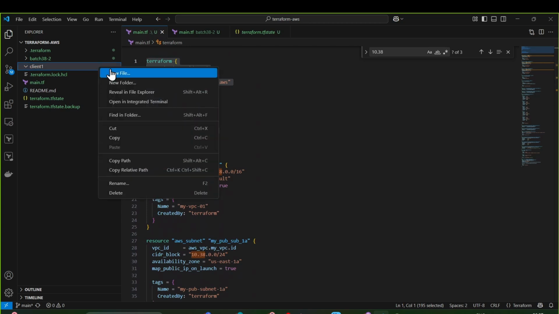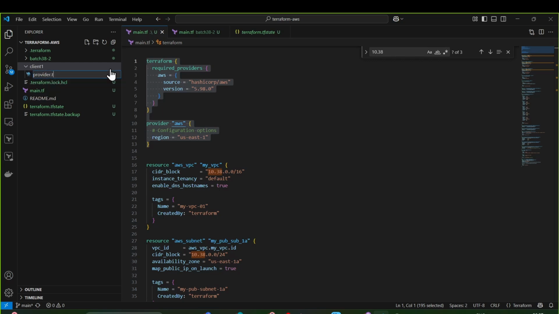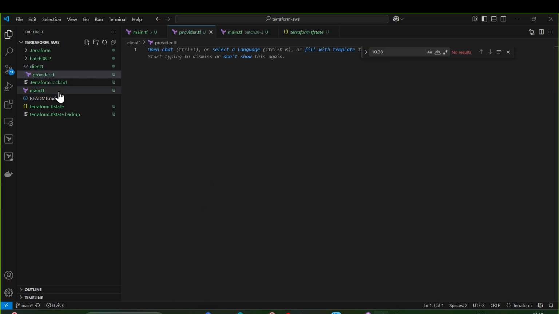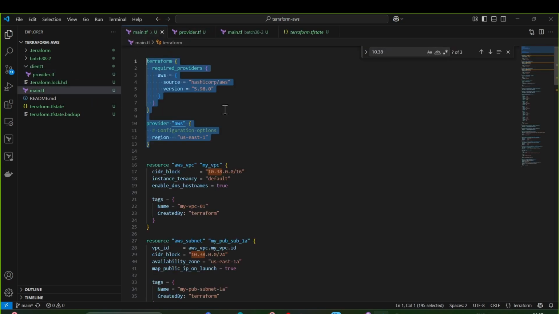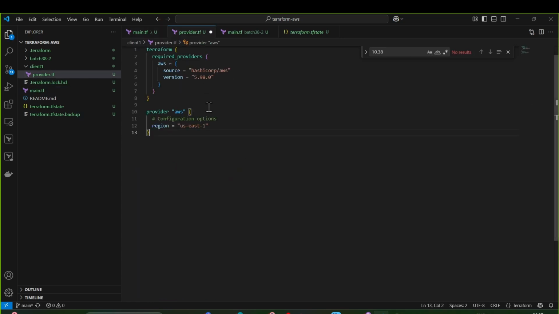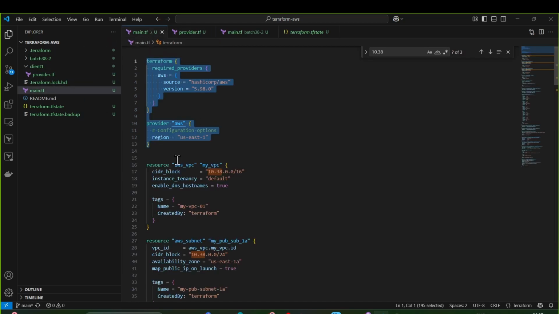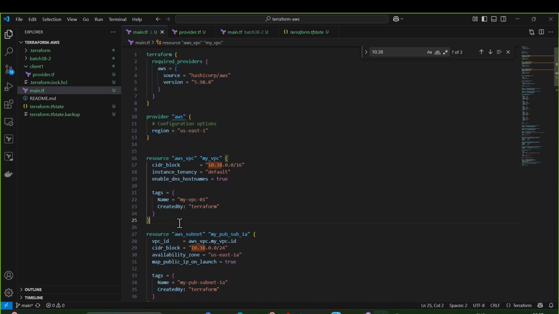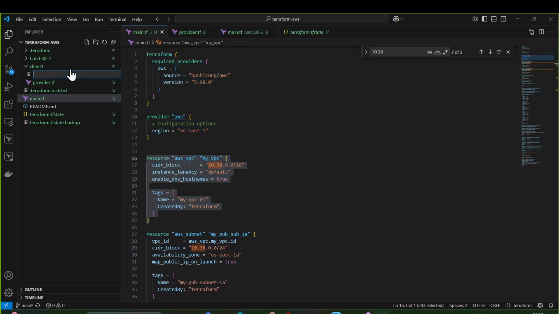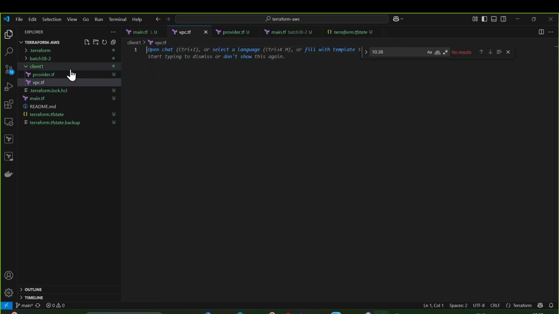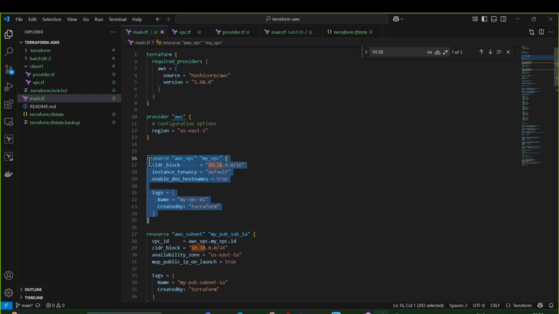So what I'm going to do is create a file called provider.tf, right? And what are we going to do with this provider.tf? I'm actually going to copy this and put it inside this. Very simple. So far so good. Now, what is the next part of the code doing? It is actually creating our VPC, right? So for VPC, probably I'll call it vpc.tf, okay? And I'll put the VPC code into this,